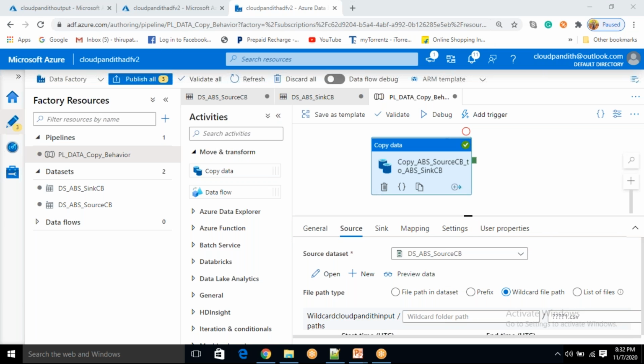It should be prefixed with cust, but it should end with 1.csv. In cust.csv, where is the 1? That's why it will not pick that particular file. It will pick only the cust1.csv file. Even if we have a file like 21.csv, it will pick. Understood? Correct, Ramesh? Yeah, correct.